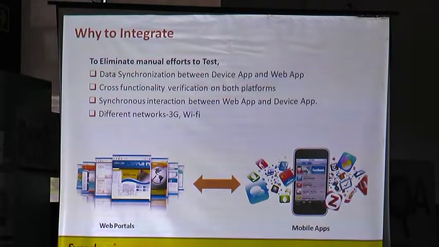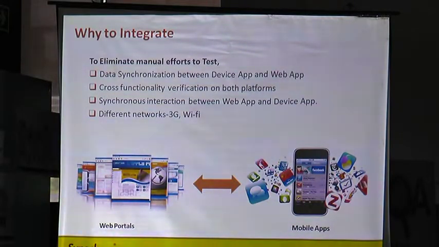These areas include data synchronization between the device app and the web app. What does that mean? For example, you go to the IRCTC website and update your profile there, say your email ID or phone number.